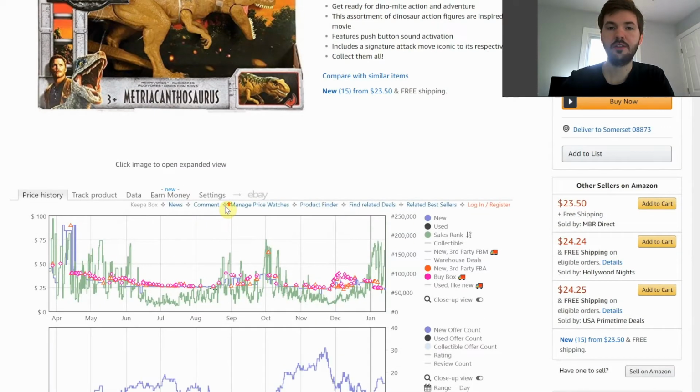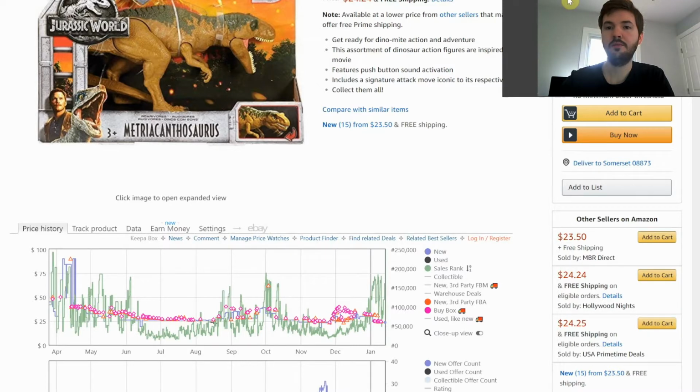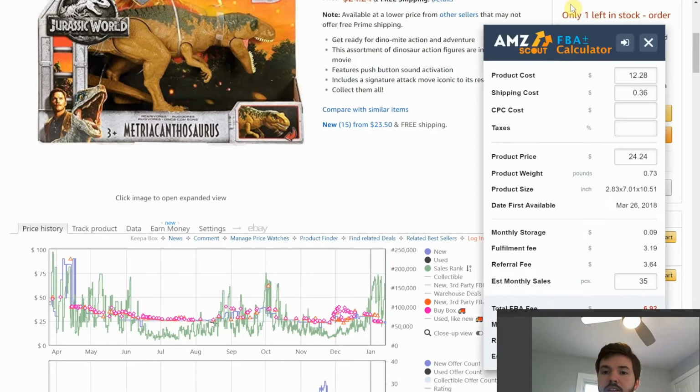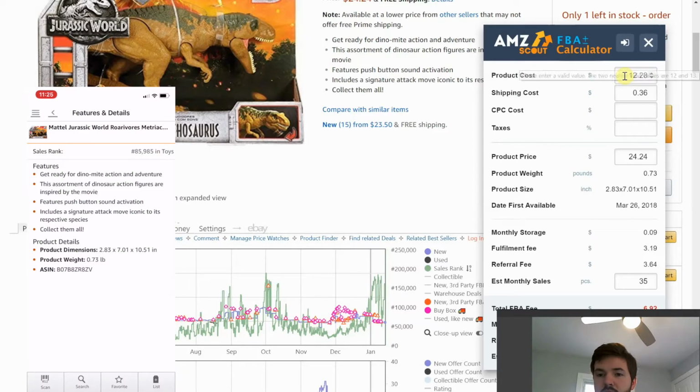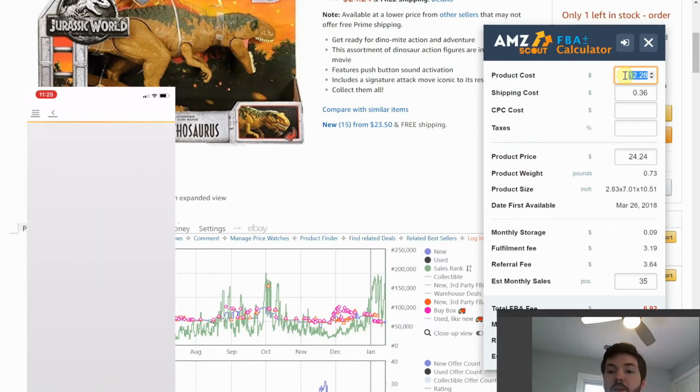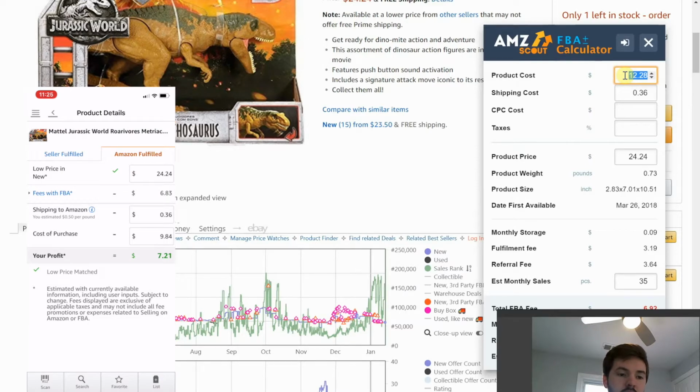So if we scroll up, move me down, this is where the Amazon Seller app's scout calculator comes into play. Click this. As I said, I apparently scanned this one before. So let's type into our buy box, or our purchase price. So we got $9.84. And then your shipping costs, you'll see right there, for mine on the app, it's